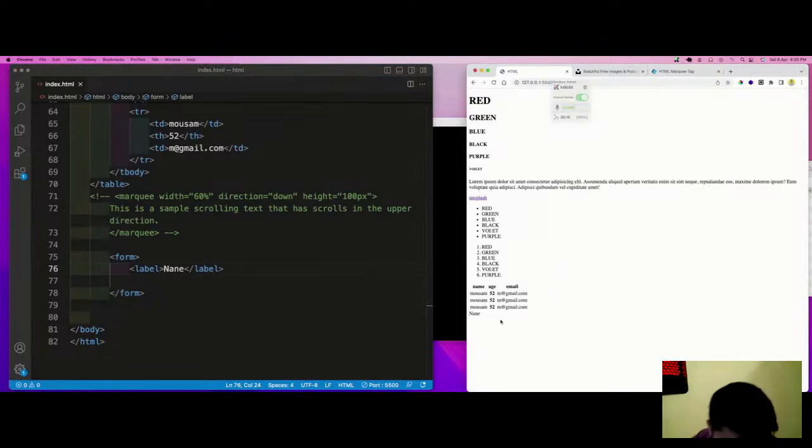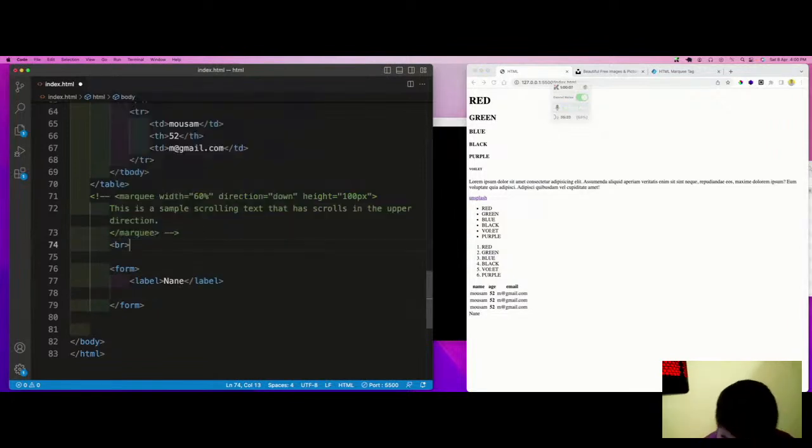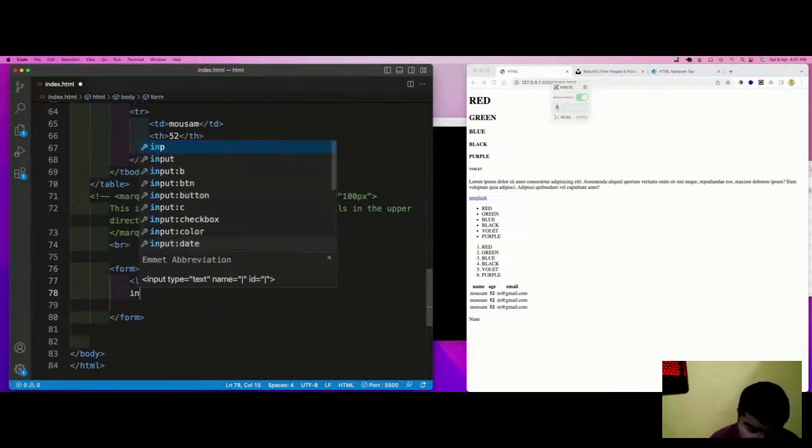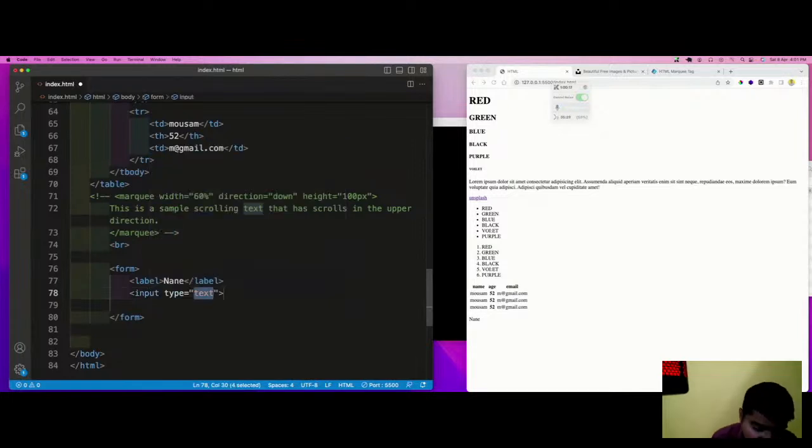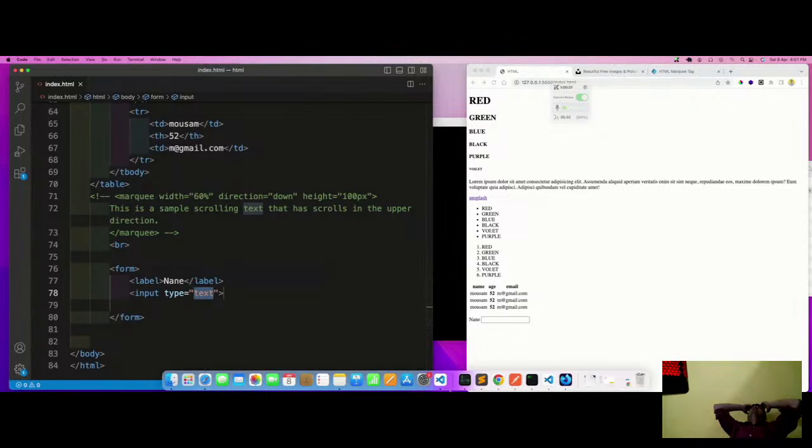Label for, let's say, name. Okay, so let us have the next thing, which is called BR. BR is used for break row. The label. And after the label, we have the thing which is called the input. Input. So we have the input type as text. So name will have the input type as text. So that is how it goes.